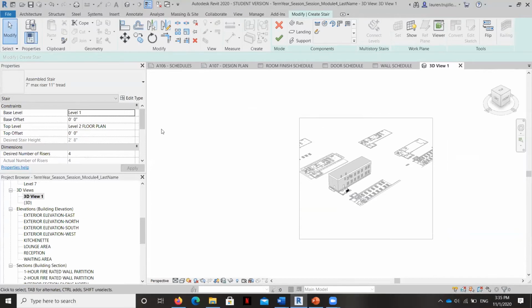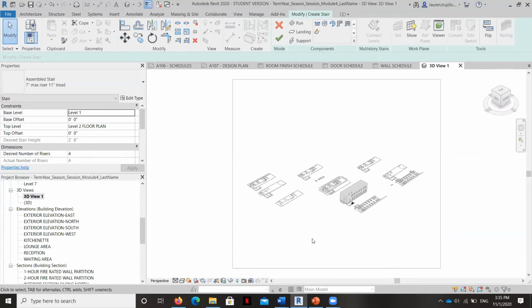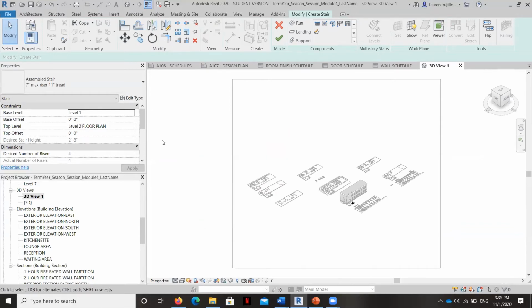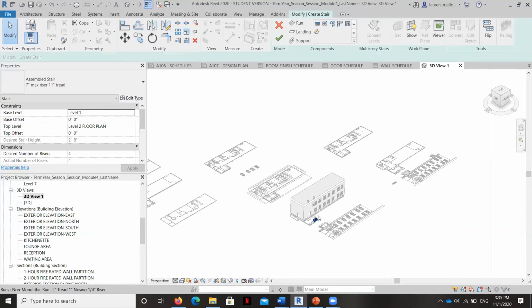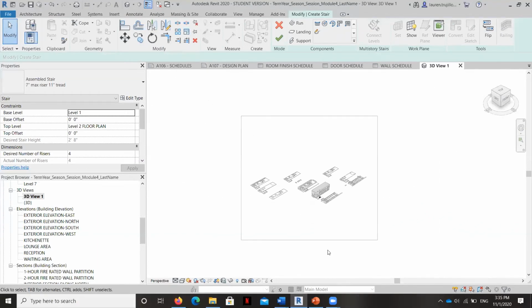It's not letting me do too much here. It's wanting me to focus on these stairs here, but it's not letting me.